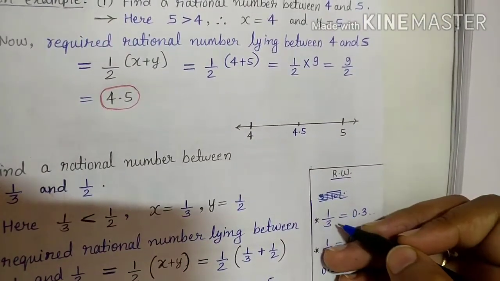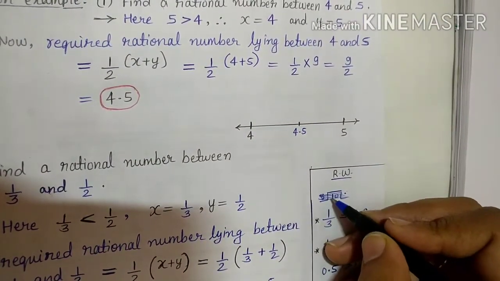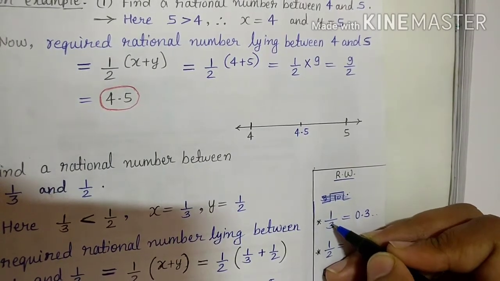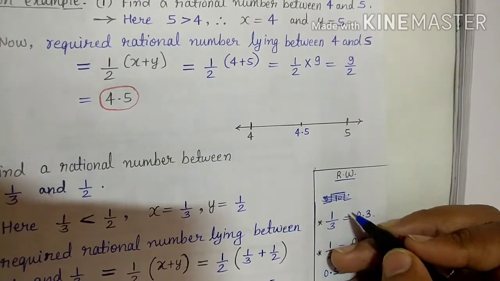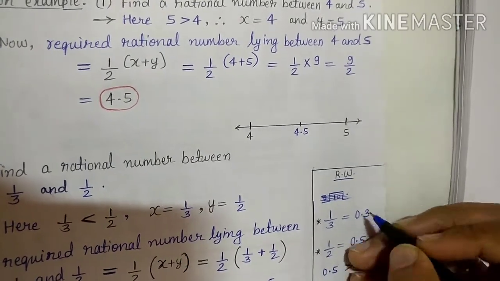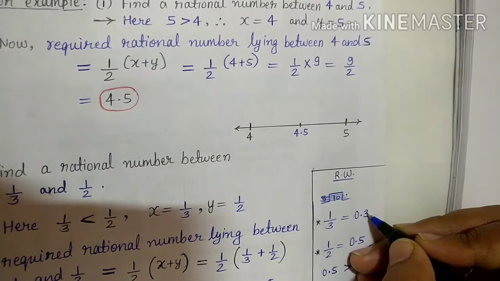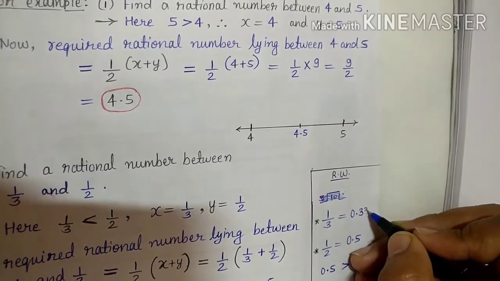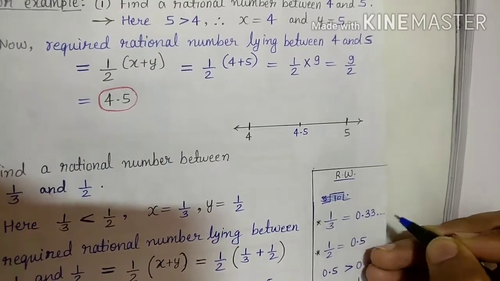Let's divide 1 by 3. If you divide 1 by 3, you can use the box method also. Because 1 is smaller than 3, 3 into 1 won't go. So first we put a decimal, so it becomes 10. 3 threes are 9. Then again 1 will be left as a remainder, then again we'll put 3. So it will come 0.333 and so on.